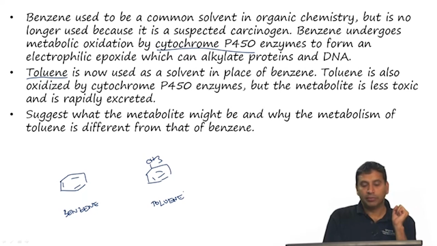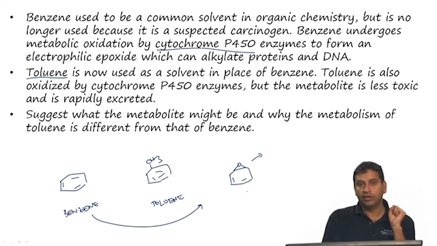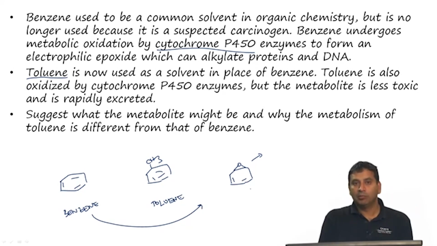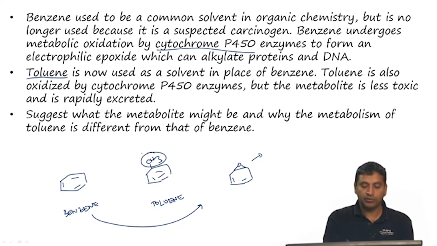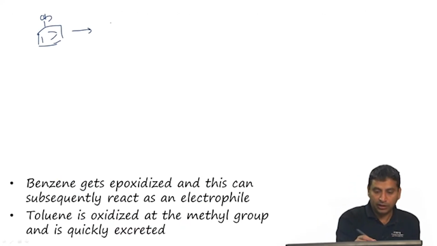Benzene, as we mentioned here, is going to undergo epoxidation, and this can subsequently react with electrophiles. This is the reason why benzene is actually a potential carcinogen, but toluene on the other hand is not. So, one major difference between benzene and toluene is the presence of this methyl group. So, toluene can undergo oxidation to form